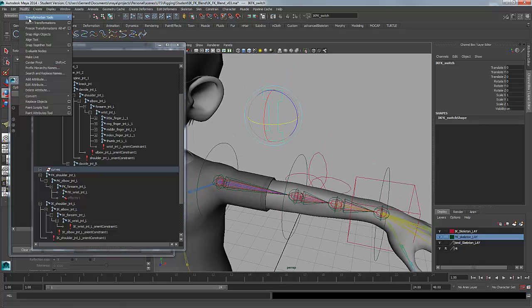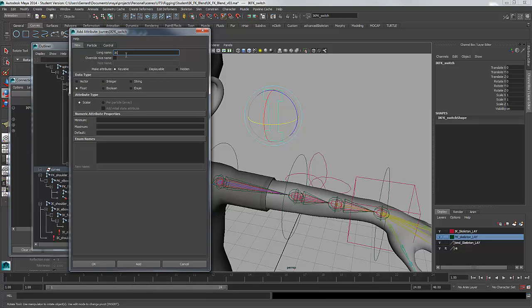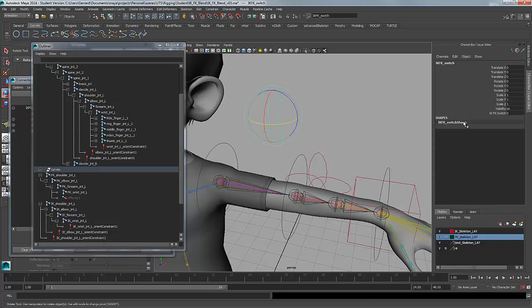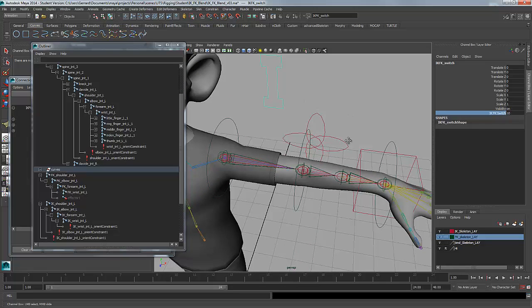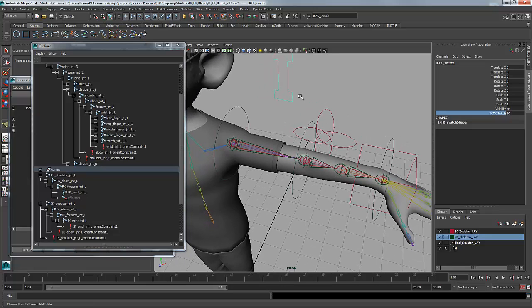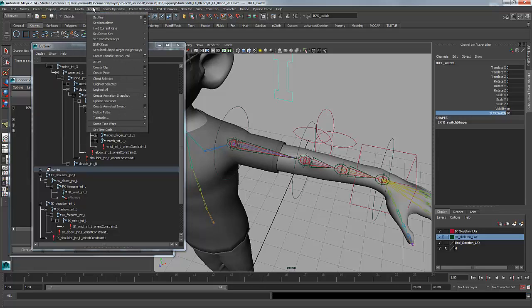I'm going to go modify, add an attribute, and just going to come over here. I'm just going to call this IK FK switch. I'm going to give that a value of 0 to 10, default of 0, and hit add. Close that, and that just gives me an empty value that's going to basically be my IK FK switch. So at 0 I want my IK handle to be in control, and at 10 I want my FK setup to be in control. So now what I'll do is I'll come into window, I'll come into animate, set driven key, set,